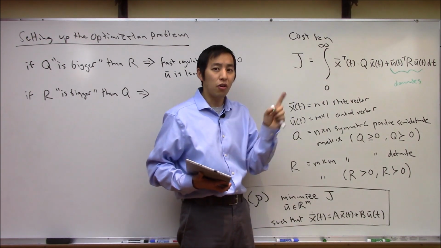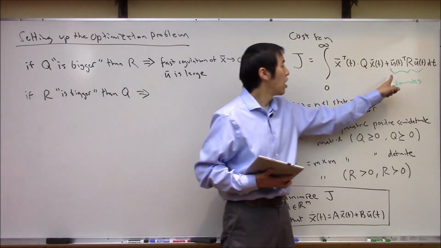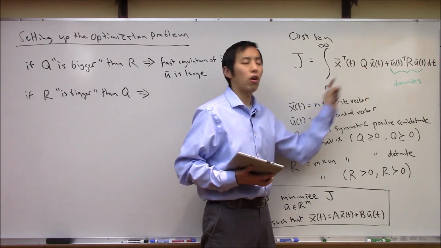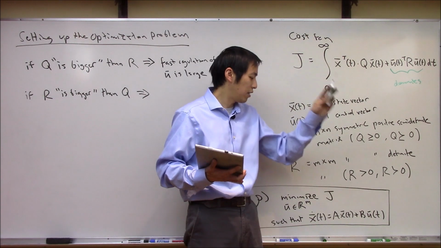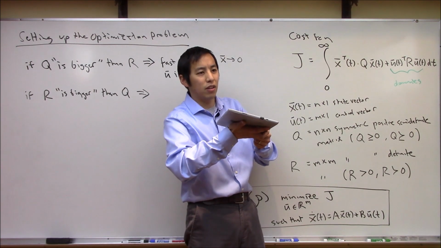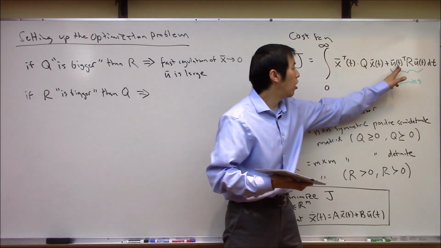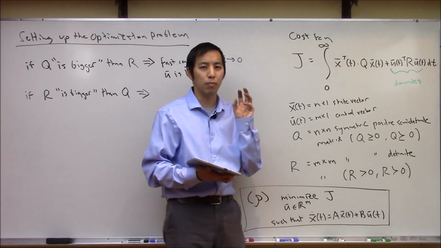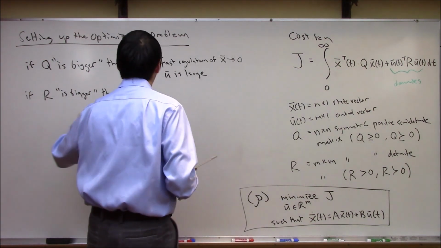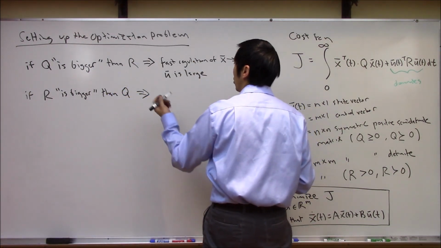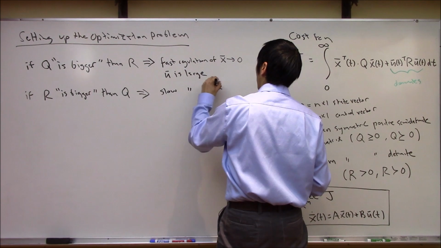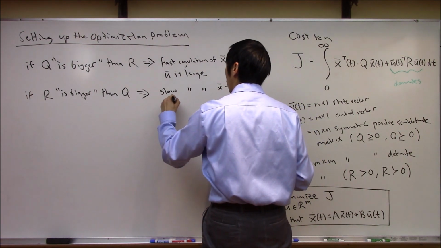So under this situation, the right thing to do is use control very, very sparingly, right? And who cares what the state ends up doing in this scenario? If the satellite stays cocked over and just takes hundreds of seconds to come back to the origin, that's fine, as long as you don't fire those thrusters, because the propellant you're expending is extremely valuable, right? So the behavior that typically ends up happening is, if you have R bigger than Q, you have very slow regulation of X to the origin, right? And U is small,